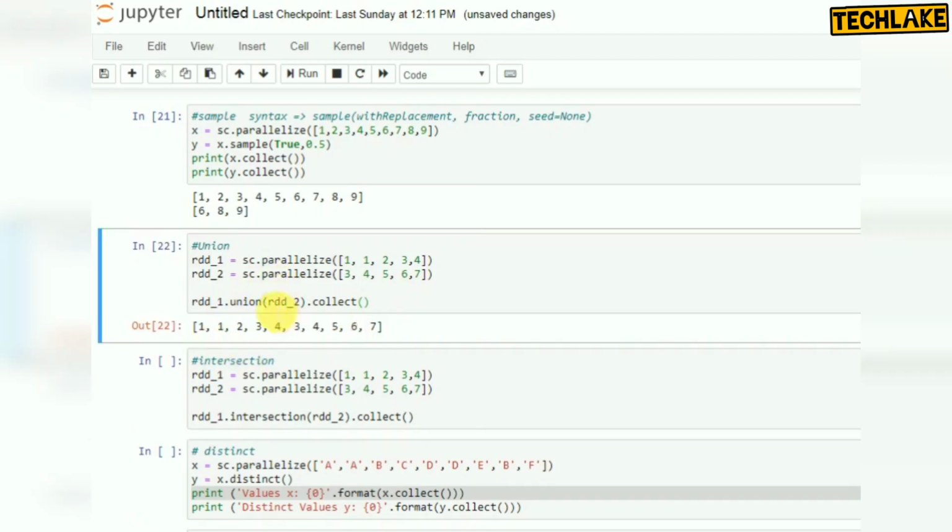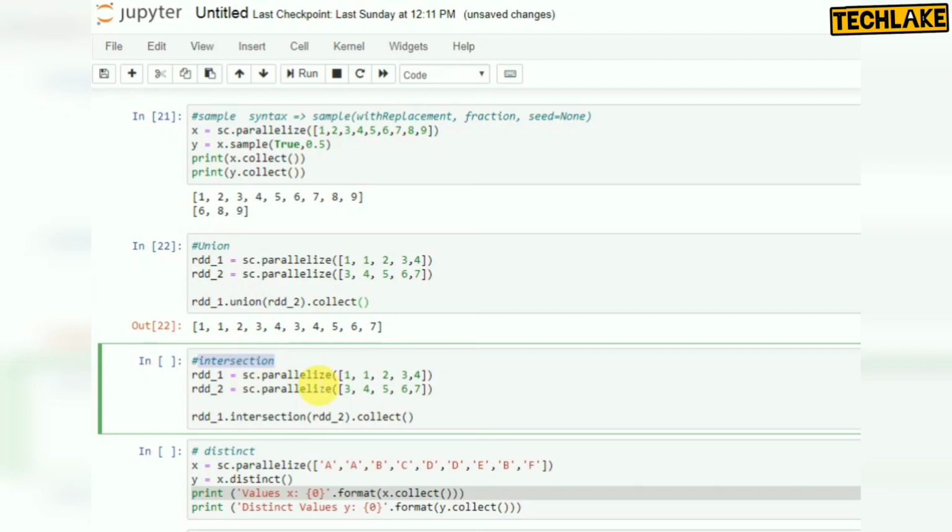So here both values, 1 1 2 3 4, this is the first one and this is the second one. This is called union. And there is another one called intersection. Intersection will display only the common values. Union means both values, even repeated values it will display.